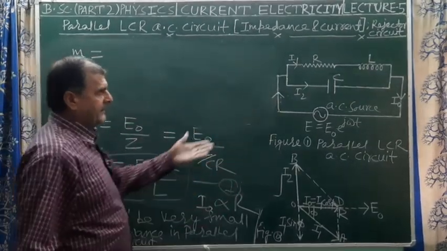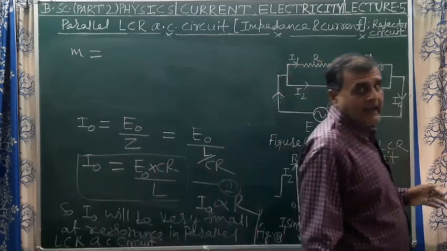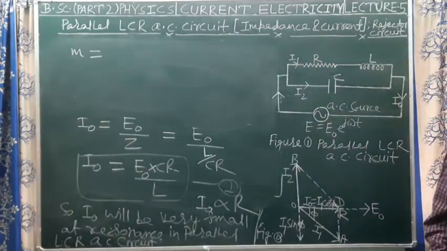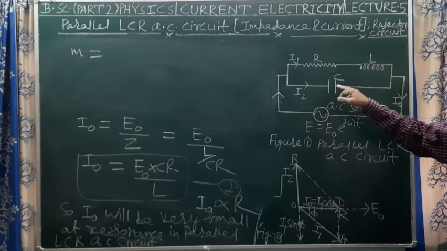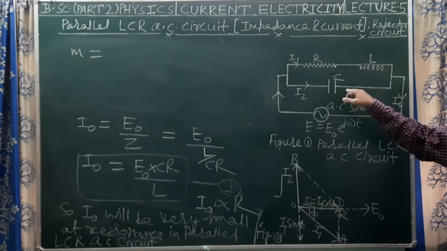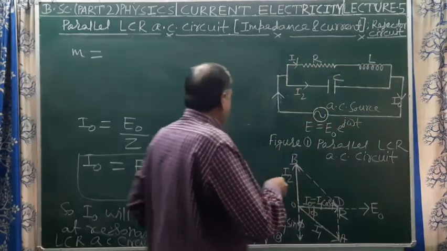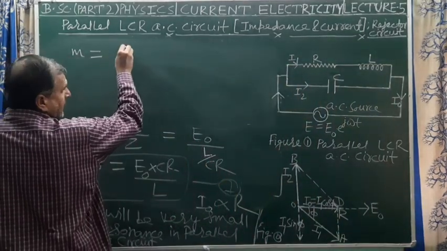We have already taken I2 upon makeup current, the ratio of branch current upon makeup current. The current through the capacitor branch is E naught upon 1 by omega c, that is E naught omega c. So small m is equal to E naught